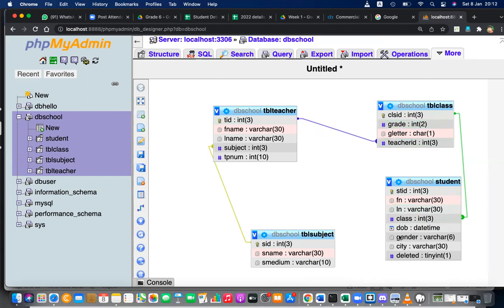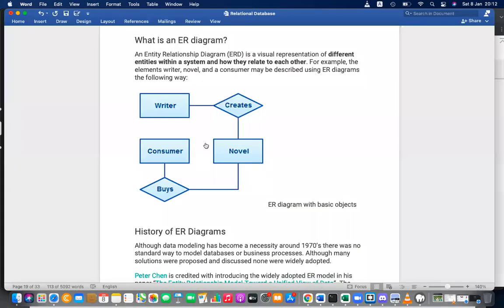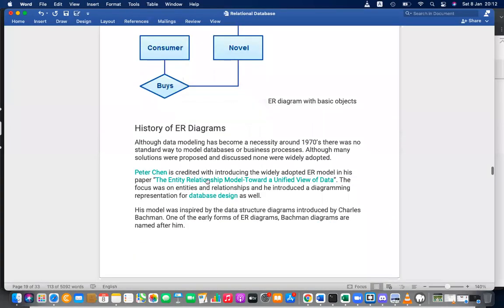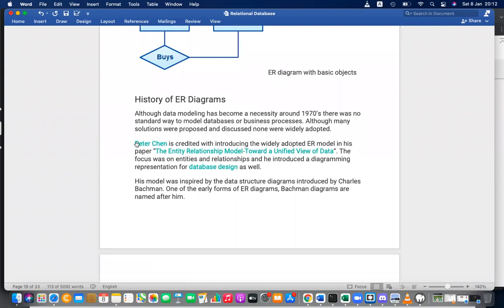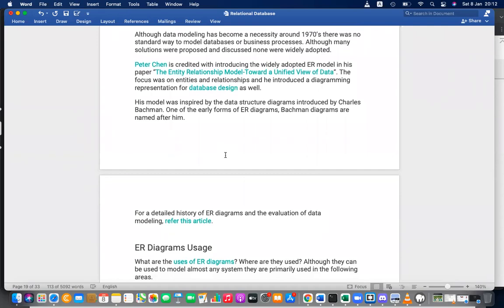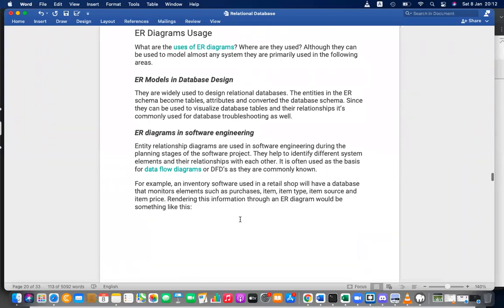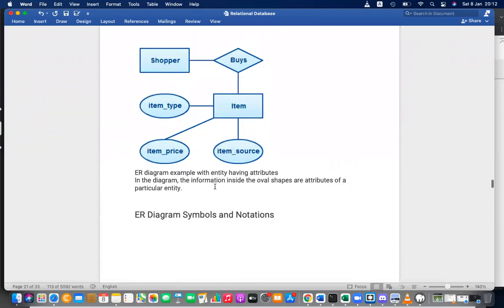So in an ER diagram, these are entities, right? These are called attributes. This class ID, grade, teacher ID, F name, L name, these are called attributes. Attributes are not represented here, not yet. Okay, let's see in a future diagram. And actually there are 2 models. One is the Peter Chen model. He is the one who created and introduced this ER model. So there are 2 ways of representing diagrams, and basically we have to use Gane and Sarson and Peter Chen notation. So let's see that.